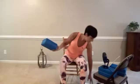Back to center. Whatever it is you went to grab, if you signed in late, you may need to get a little something, a block, a Tupperware container, a pillow, a book, a paper plate, anything will work. Okay, so we're going to sit tall, seated mountain position. I like props because it's this really nice mind-body connection, and it helps us to be a little more focused, and it helps us to focus on our movements and maybe make our range of motion a little bit bigger